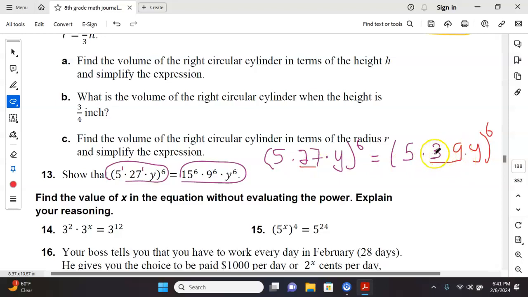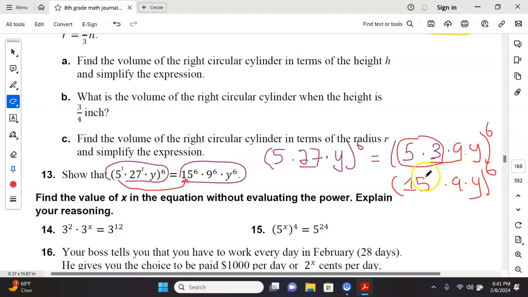And again, why did I do that? Because I can see there's a relationship between 5 and 15. Well, 5 times 3 is going to give me 15 right there. And then I see there's a 9. So again, play around with the numbers, or if you can see that already, that's great, because 27 is a multiple of 3. 3 times 3 times 3. All right, so right there you have 5 times 3 is 15 times 9 times y raised to the 6th